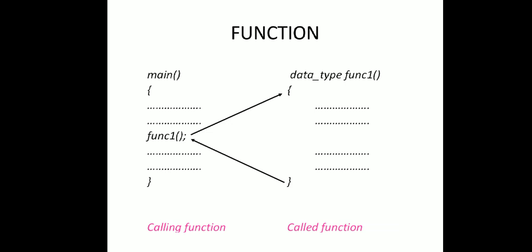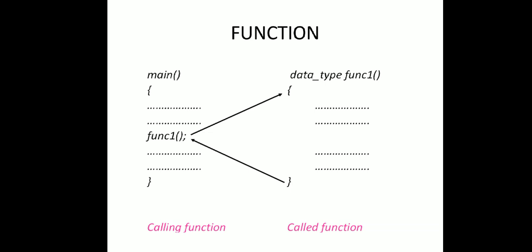Let's see the syntax for the function. First thing is the main function. Inside the main function, we are going to call the particular function. So inside the main function, we are going to write the name of the function. The name is of your choice. You can give any name, but you have to follow the rules for identifiers, because even a function is treated as an identifier. That's why while giving the name to the function, you have to follow the rules of the identifiers.